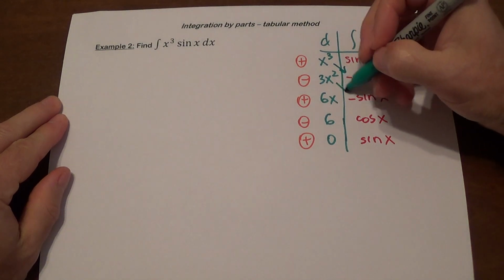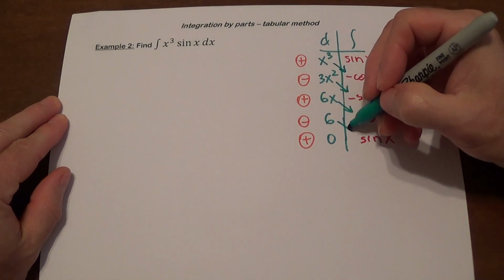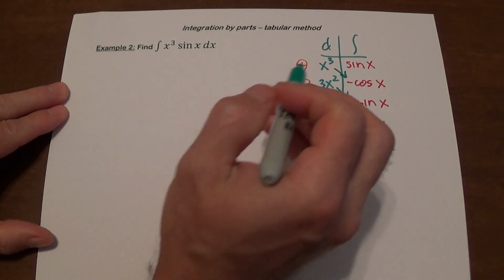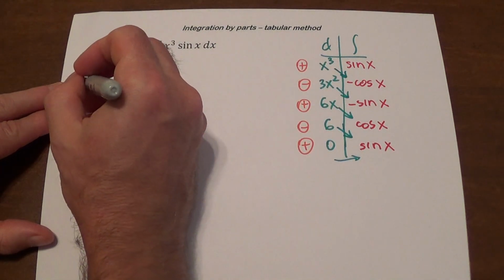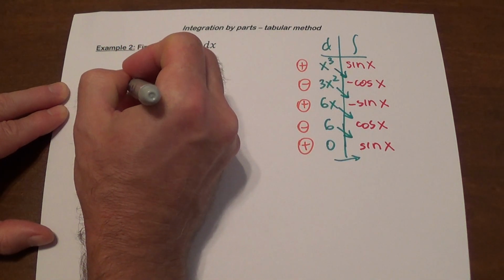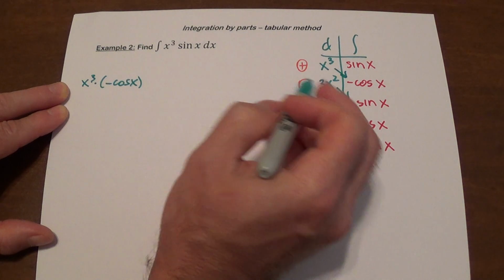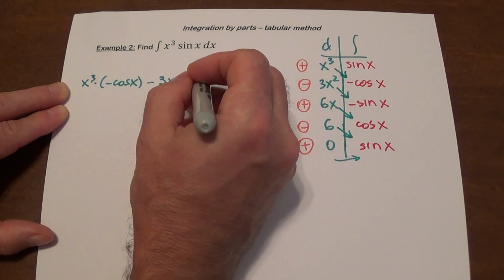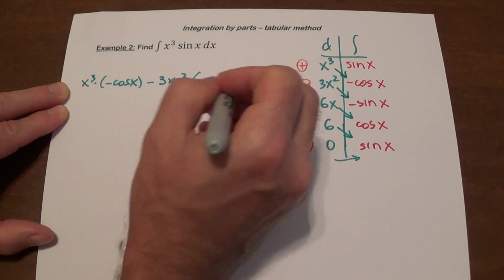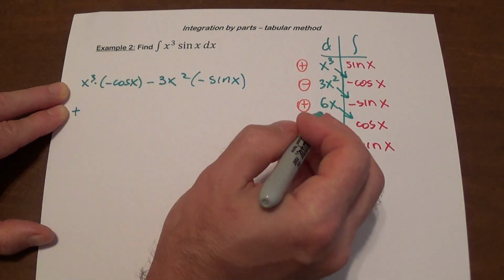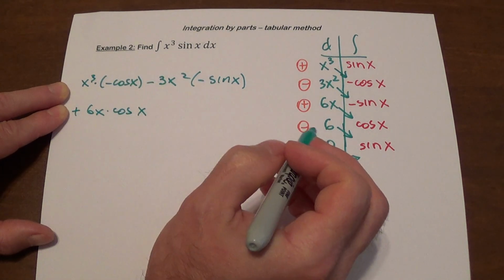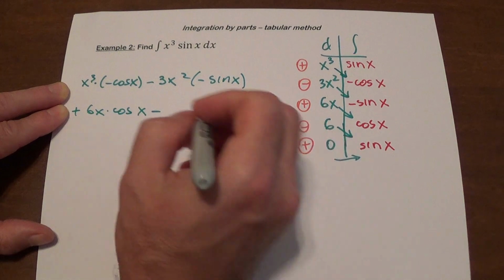And we're going diagonally, except the last row. Okay, so now we can rewrite the whole thing. So the first thing is positive x cubed times negative cosine x. Then we're going to have minus 3x squared times negative sine x plus 6x times cosine x minus 6 times sine x,